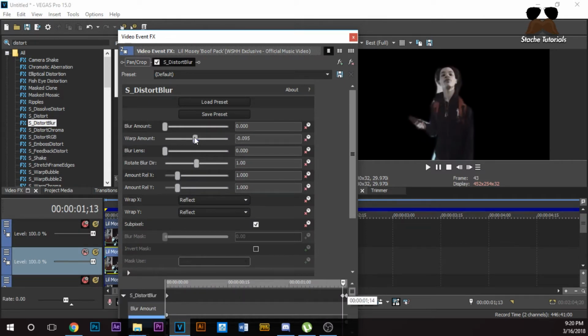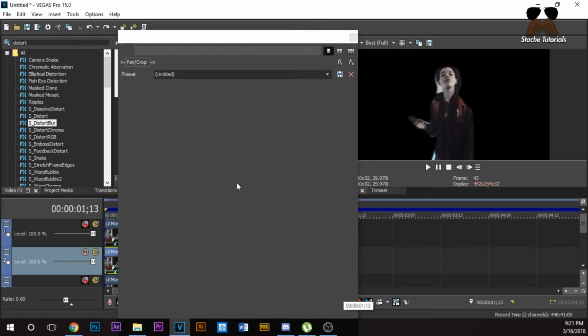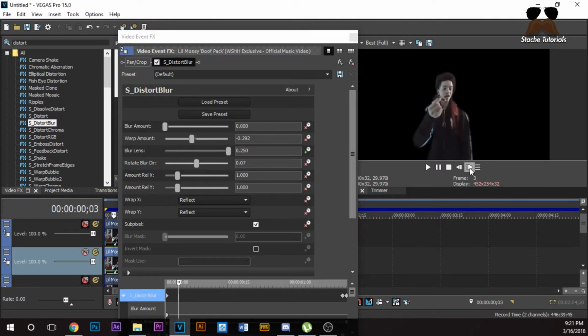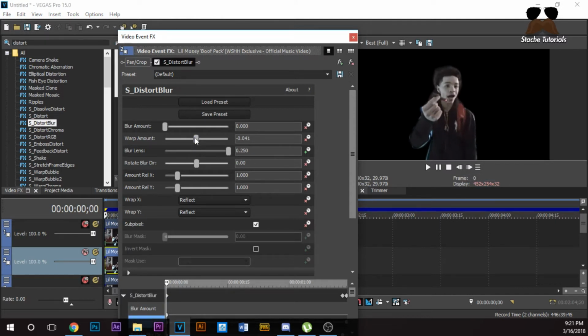Why did it do that? Wait, oh, it's because of the blur lens. Alright, so we're gonna want to go back, and I'm just gonna change the blur lens all the way up again. Actually, I'm just gonna uncheck the blur lens and keep it all the way up, so don't mess with the blur lens unless you want it to look a certain way. Alright, so we have this right here. Blur lens, make this about